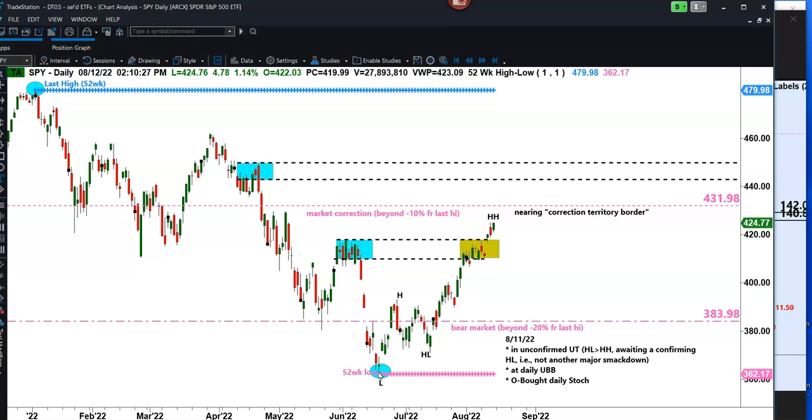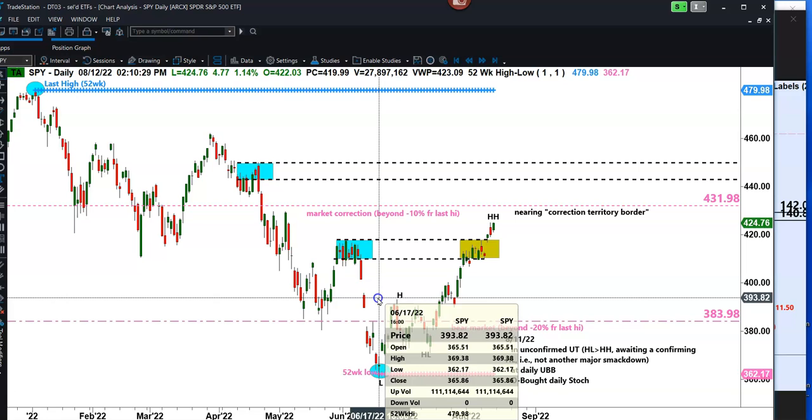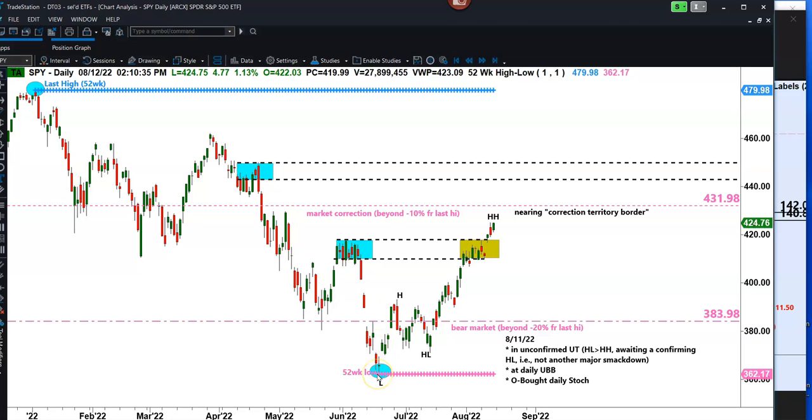What is that? That's about mid-June or so. So there we in fact hit our 52-week low. We had hit our low on June 17th. Right there was the 52-week low. We then recovered and then bounced up and down, and basically stayed in bear market